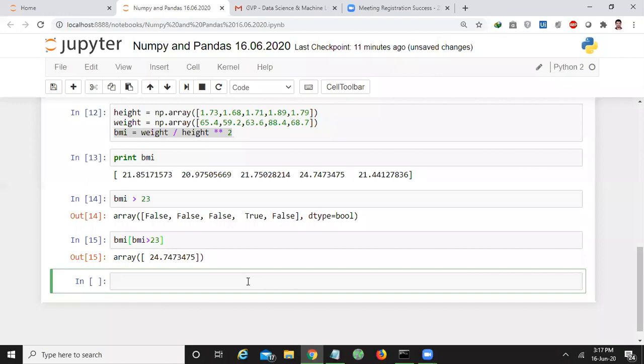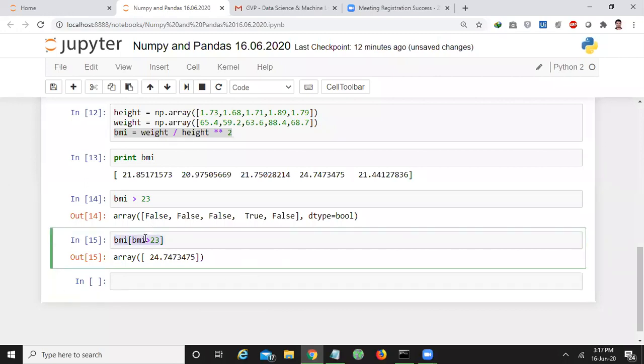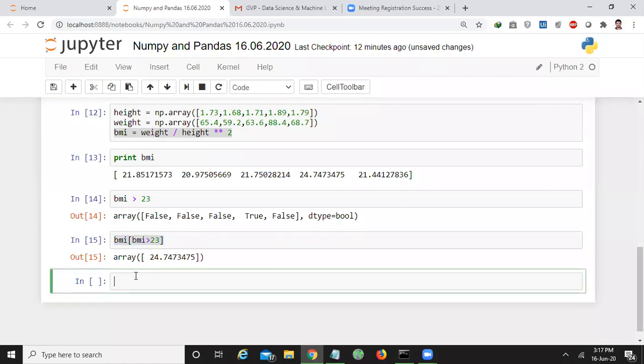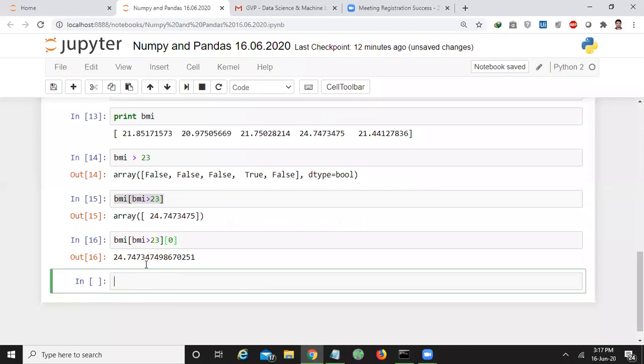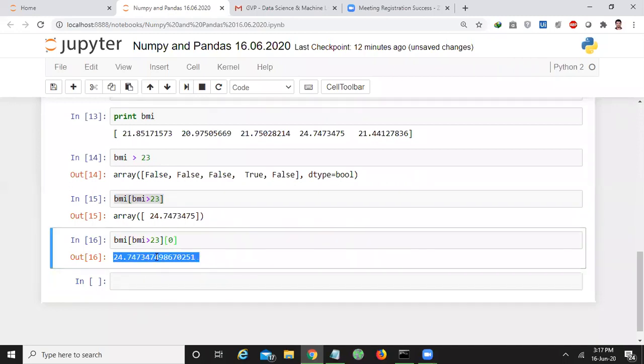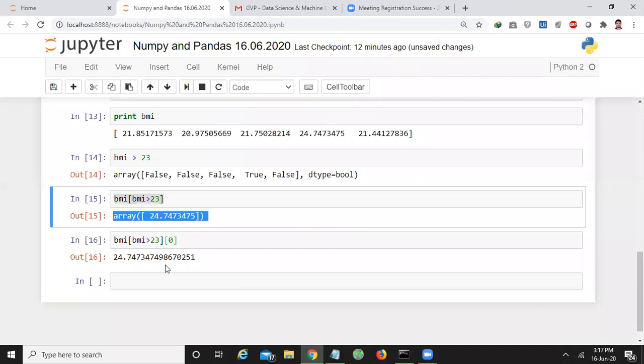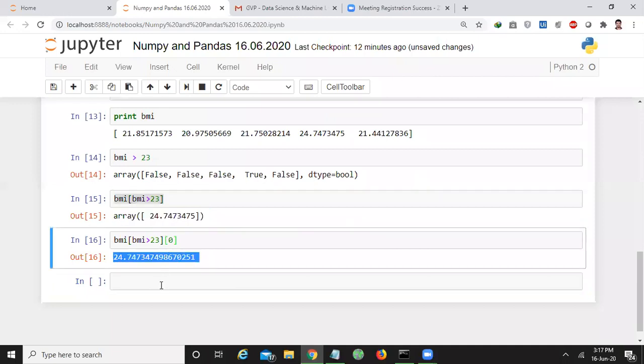If you want to take that value as an individual element, then you can print the same value like this, with index 0. If you print like this, then you are getting directly the value. Here it represents an array. Here it represents a value.